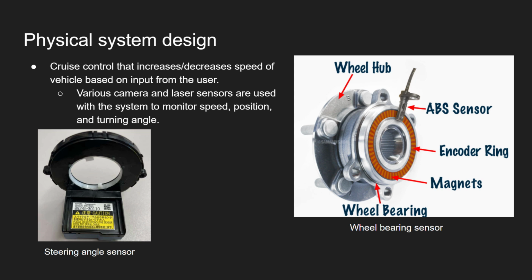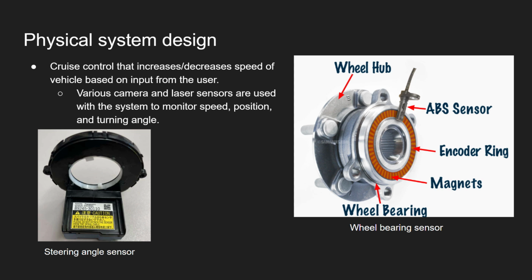The physical system design of this is a cruise control that increases or decreases the speed of the vehicle based on the input from the user. There are more complicated versions of this system, but I chose to just go for the increasing and decreasing of the speed. Various camera and laser sensors are used within the system to monitor the speed, position, and the turning angle